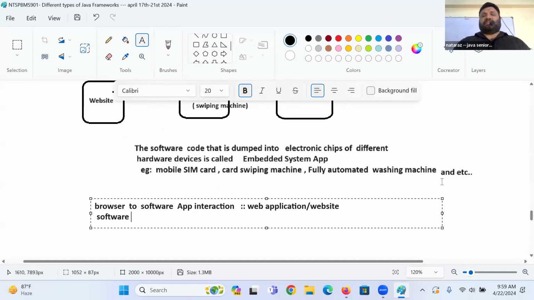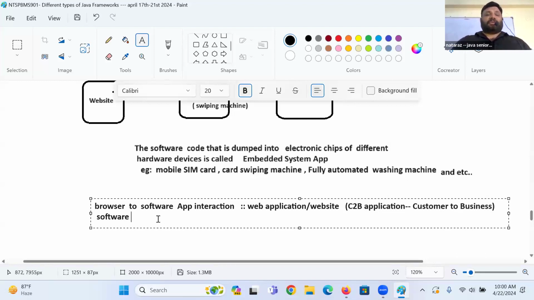Indirectly, it is a C2B application. What do you mean by C2B? Customer to business. Indirectly, it is always customer to business.